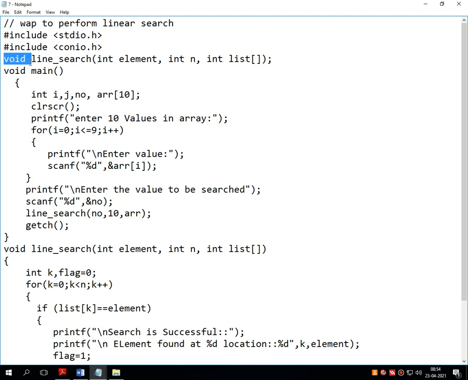Almost in all our previous programs we go for the UDF, so even in this program I have used a UDF. The name of the UDF is linear search. The function type which I have used is function with argument, without return value. As an argument I am passing 3 parametric values, that is list.